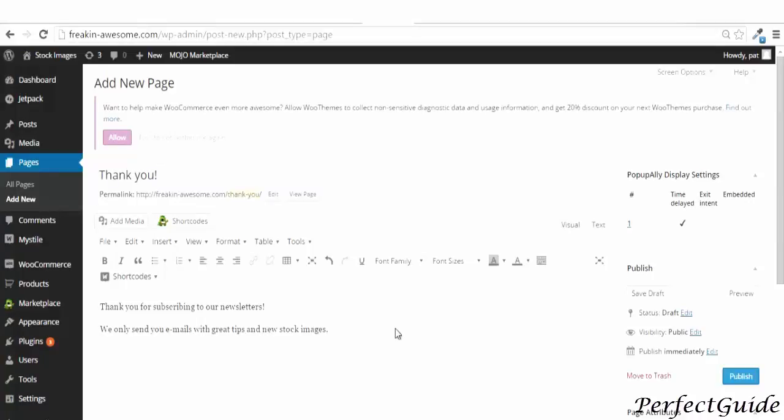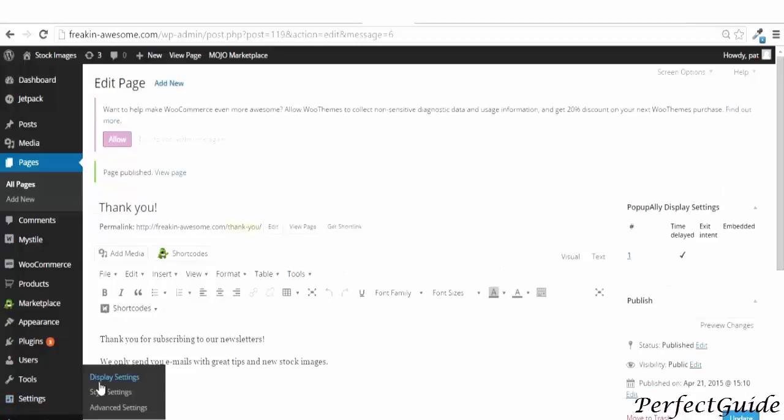You just want to thank people for signing up to your newsletter and tell them a little bit about you and what you're going to send to people. Because remember, everybody gets tons of emails, so you need to give them a good reason to open your email by explaining that you're going to give them great tips on photography. If it's an image site, let them know that you have new stock images or something really exciting happening. So once you've done that, hit Publish, and let's go back to Pop-Up Alley, Style Settings, Display